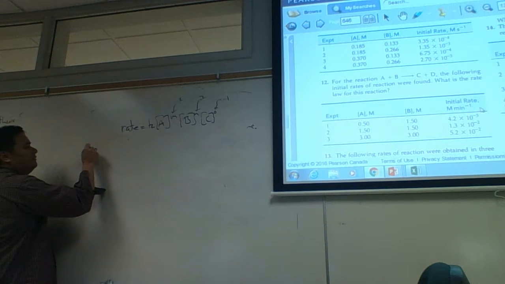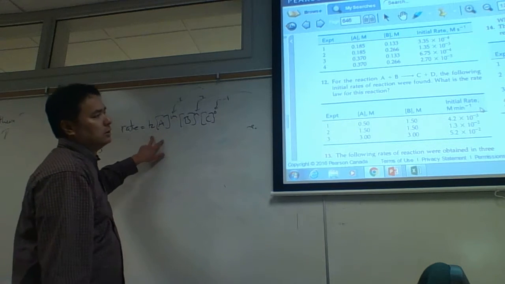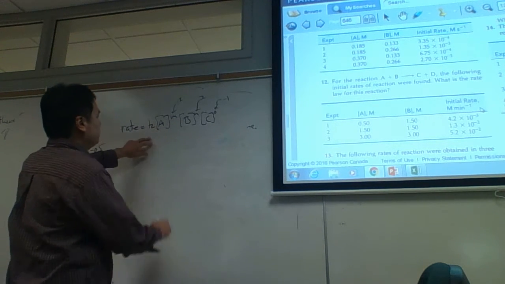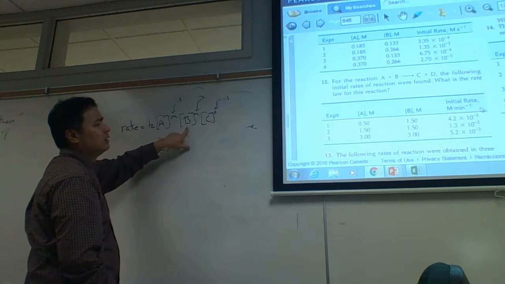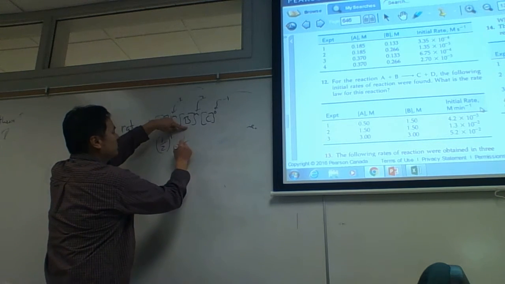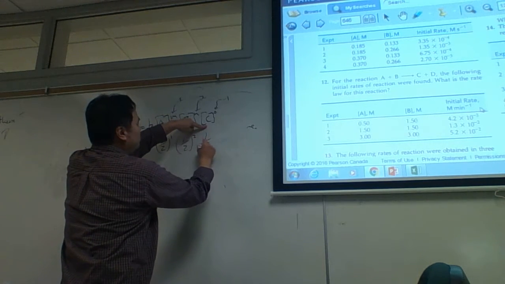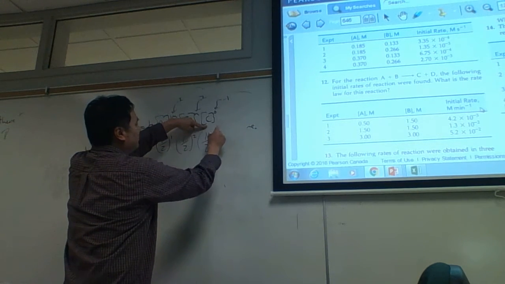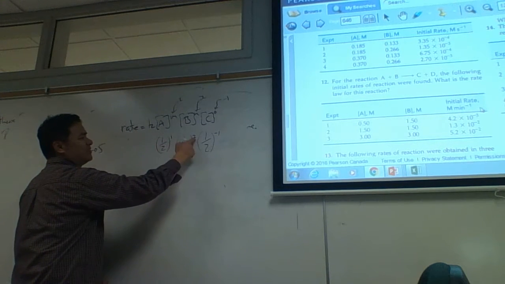So 1 to 5 is this. We're going to 1/2 A, so that's 1/2 to the first. 1/2 B, so that's 1/2 squared. And then 1/2 C, that's 1/2 to the -1. And so if we just add up these, this is going to be 1/2 to the